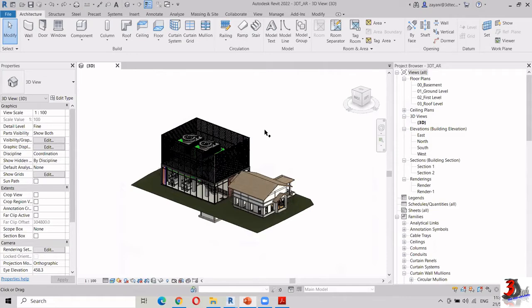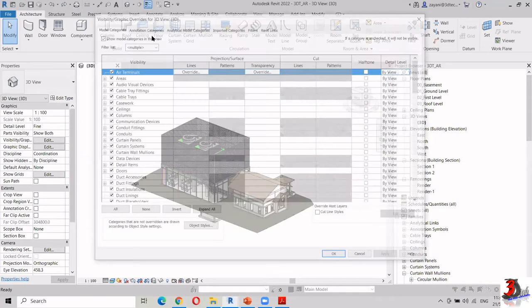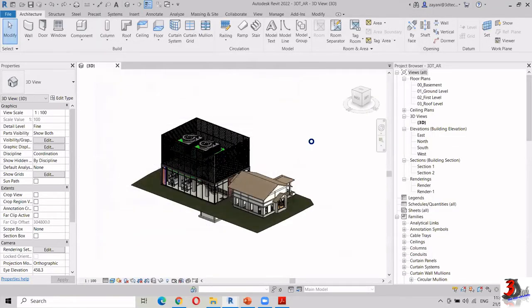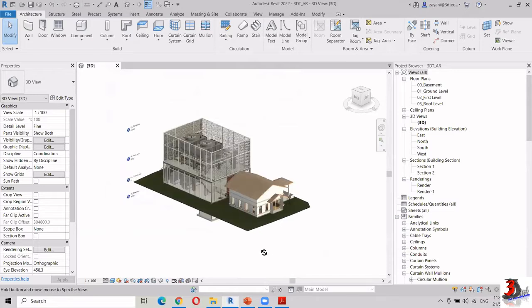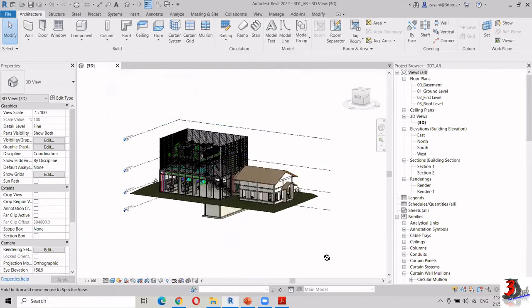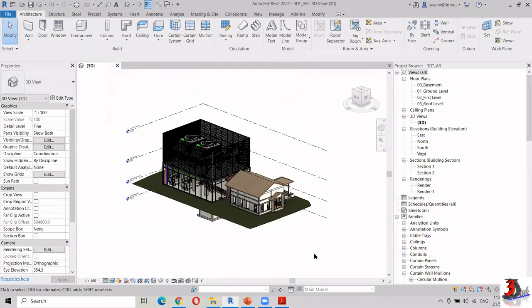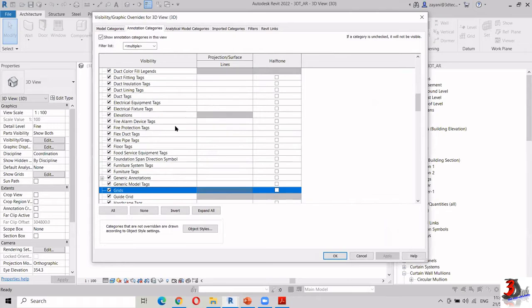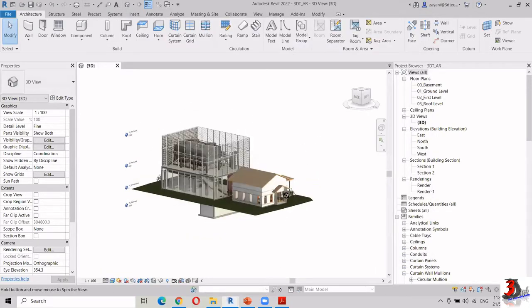Grid in 3D view is rather simple, but I think it has some benefits, which is the availability of your grid in your 3D view. I'm not sure which version they actually came out with this level in your 3D view. Previously, in the older version, you could not view your level in your 3D view, but along the year they made this possible. But then this year they decided to add in grid. But in here you cannot see any grid yet.